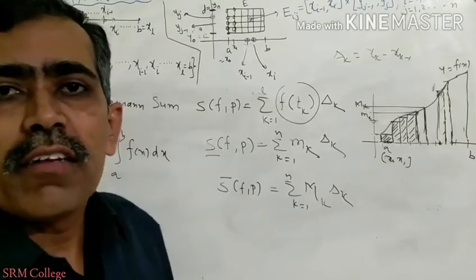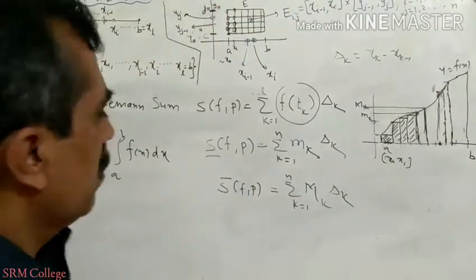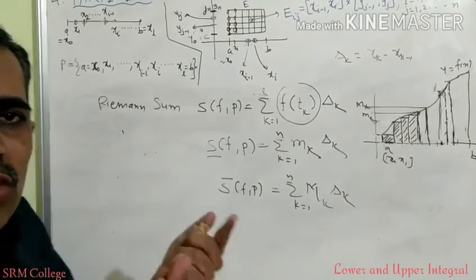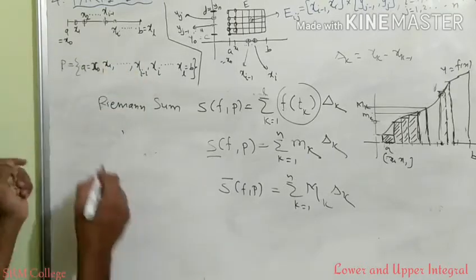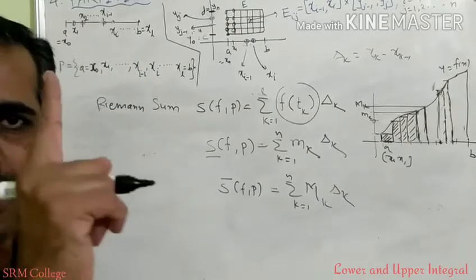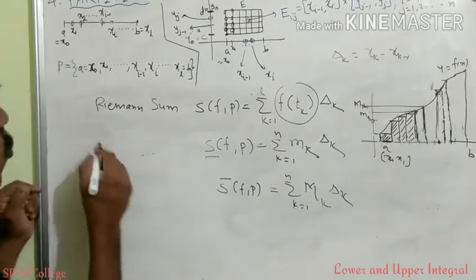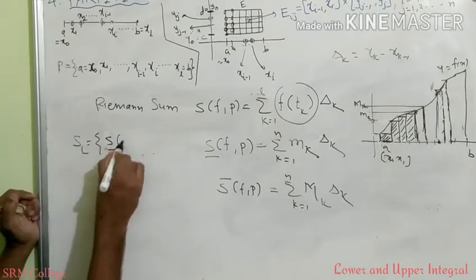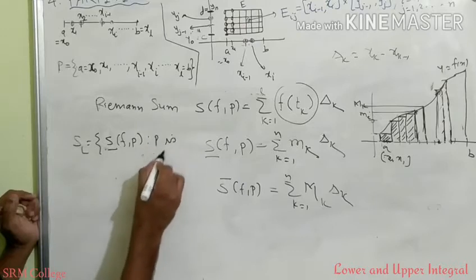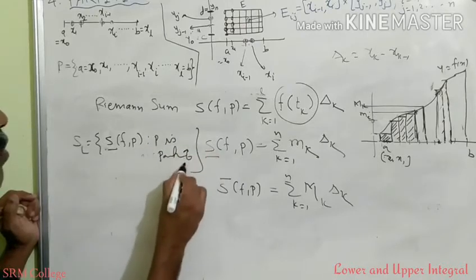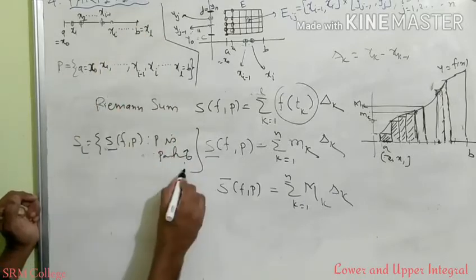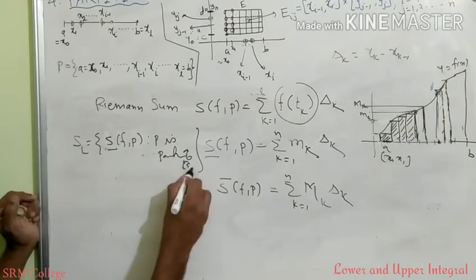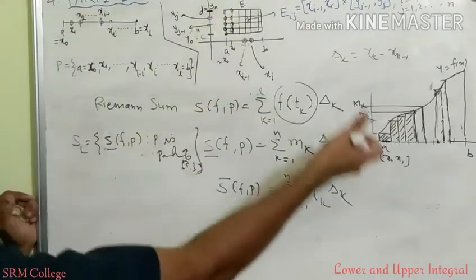So the largest lower sum. This is one of the partitions, and I am telling you to refine the partitions. So how many partitions will you have? Infinitely many. Corresponding to each partition you will get a lower sum and an upper sum. So collect all lower sums. Suppose SL is the set of all lower sums such that P is a partition of your closed interval AB. It may be a closed interval AB or a rectangle or cuboid, it doesn't matter.